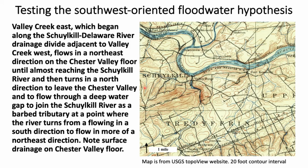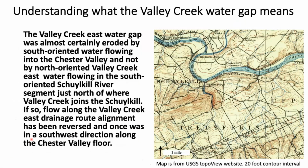And this is kind of an odd feature, and this is in the Valley Forge area of southeast Pennsylvania. This is where the national park is. And note again the surface drainage on the Chester Valley floor. Now, to understand why there might be a deep water gap here, rather than having Valley Creek East flow through the Chester Valley, on the Chester Valley floor to the Schuylkill River, we maybe should think